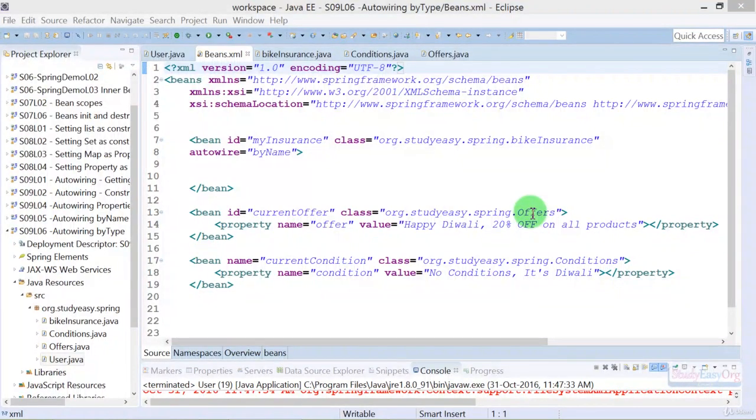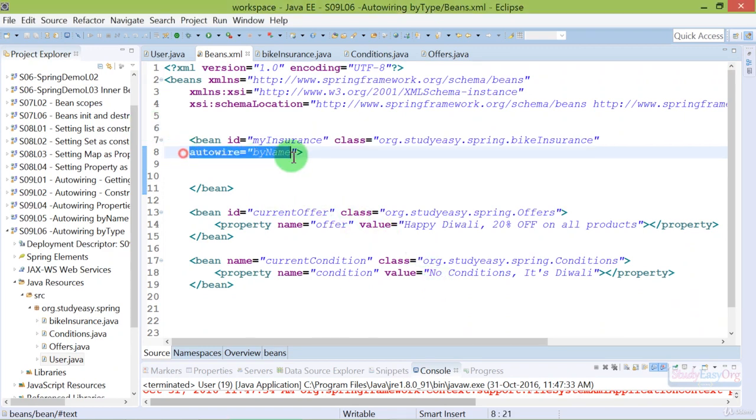Hey fellas, welcome back. Friends, today we're going to check the concept of AutoWire by type, and we are making use of the same exact program from the last lecture. This particular lecture would be super short because the concept is very simple and also we have done a lot of work already. So let's continue, and first of all, real quick, let us try to understand what is AutoWire